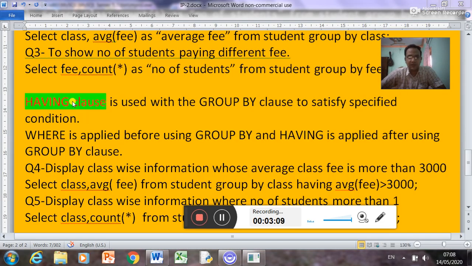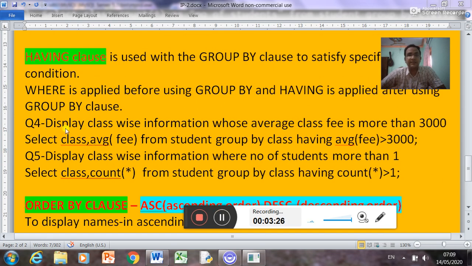Now the HAVING clause. The HAVING clause is used with the GROUP BY clause to satisfy a condition. So with GROUP BY, in place of WHERE we use the HAVING clause to satisfy different conditions. Let us take an example. Display class-wise information whose average fee is more than 3000.